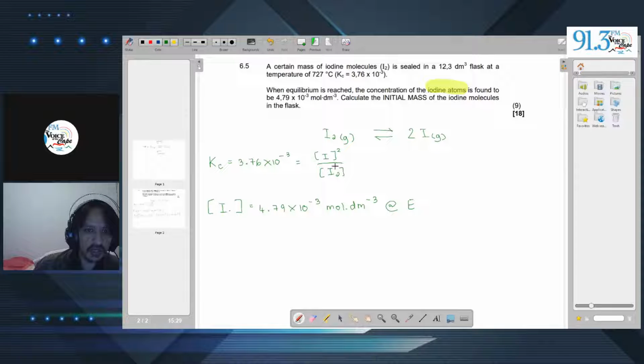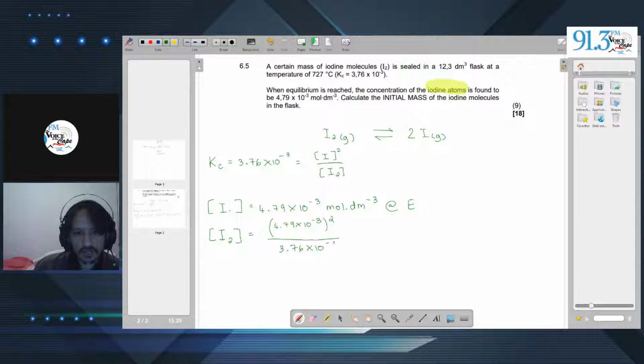So then we can just find the concentration of the iodine molecules. I2 is just going to equal (4.79 times 10 to the minus 3) to the power of 2 divided by 3.76 times 10 to the minus 3. Right? And this is going to equal, because this is at equilibrium,